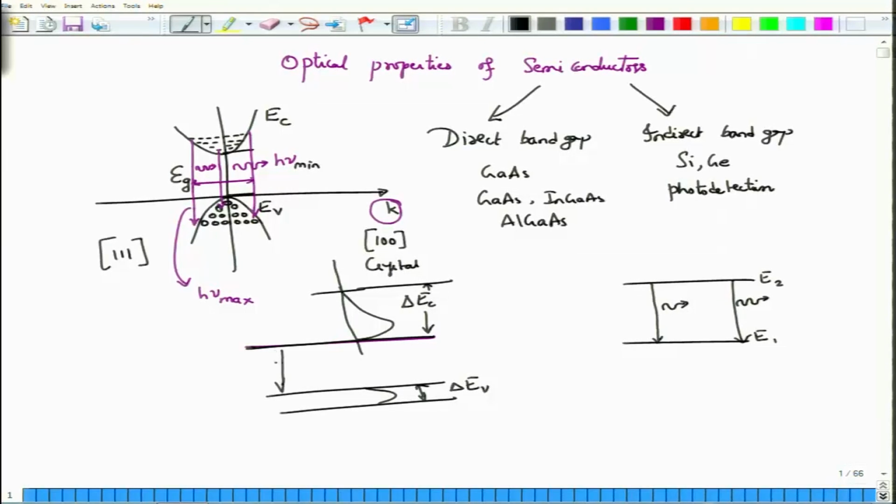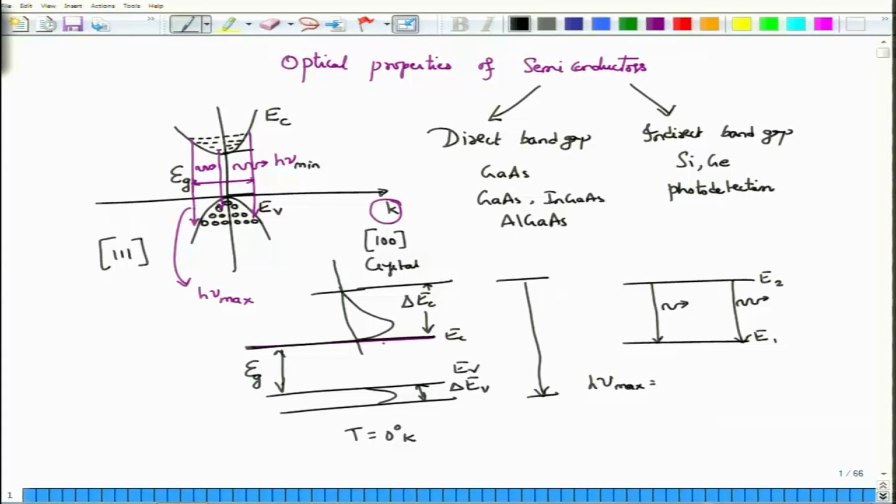Of course, the region in between is the energy gap, okay, and the maximum transition that you can now have will be the one that would go at the top edge of the conduction band, where there is a spread because of the temperature. So this is at T equal to 0 degree Kelvin. So this is the transition that can happen, and therefore h nu max will be the energy difference from the top. So this is EC, this is EV.